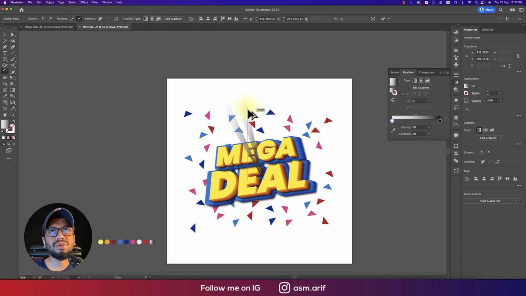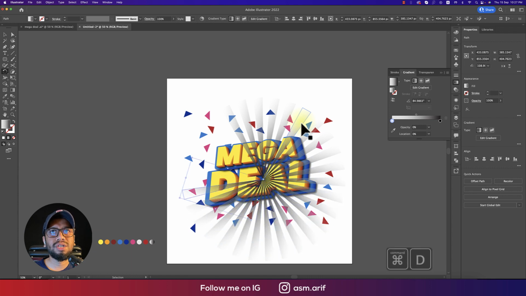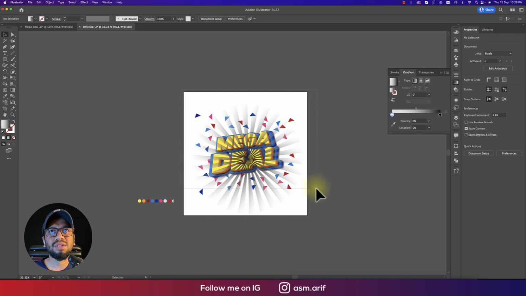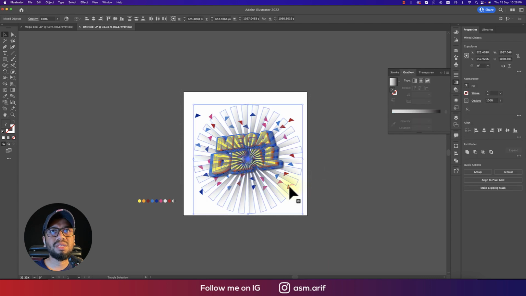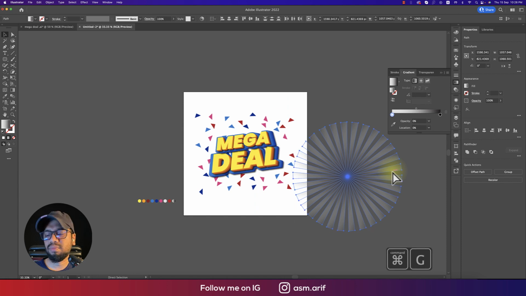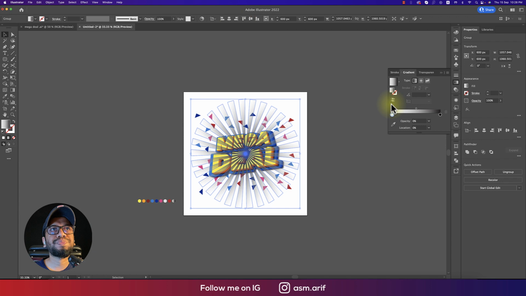button and rotate this one a little bit, and press Ctrl D, and repeat this one, hold the control or command and repeat this one. That's good. And now I should group all the steps, selecting all the steps except these and this. So this one is our group, making it a group and placing it into the middle of the artboard, and our